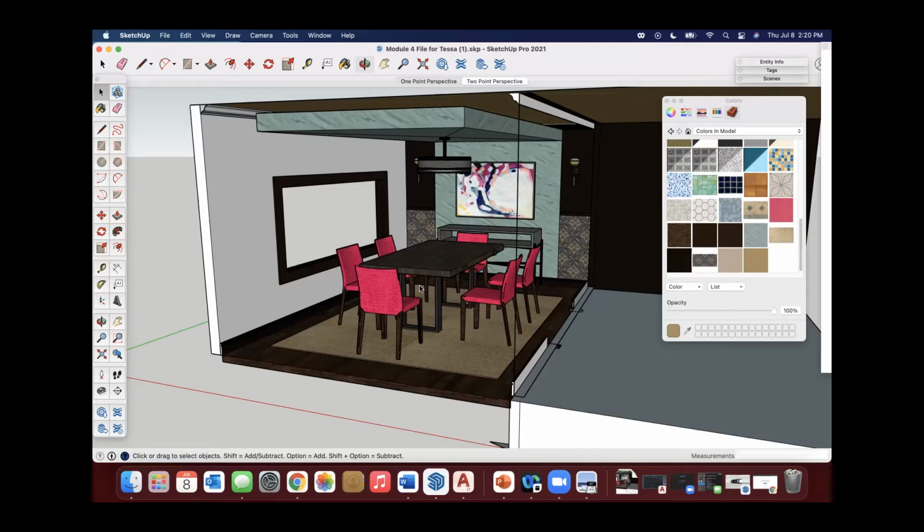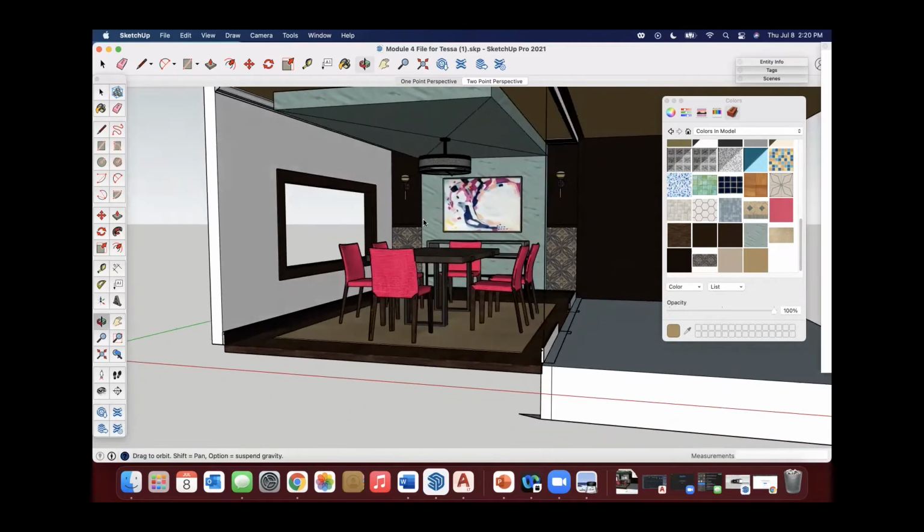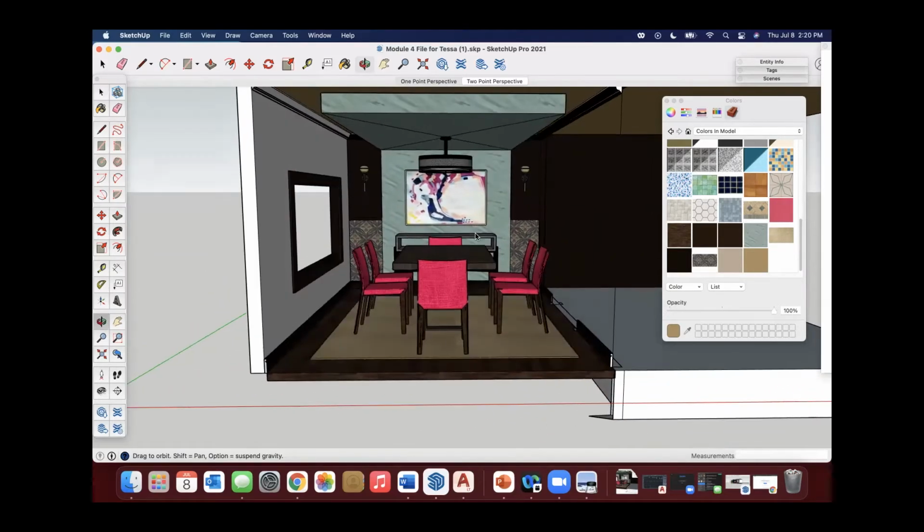It's almost like decorating a dollhouse. When you get to this point, you're like, oh, I could put books and vases and a lamp, and you get really excited. But it can cause problems, and all of a sudden your model starts lagging and getting really hard to navigate around. So we have to pick and choose our battles.